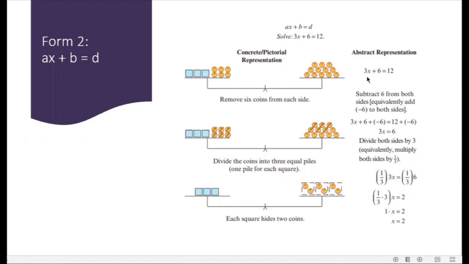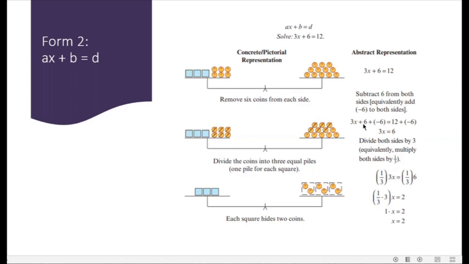For the abstract representation, that is 3x plus 6 equals 12. Then again, we are going to remove the 6 coins from the left and the right scale on the concrete part. Then in the abstract representation, subtract 6 from both sides,